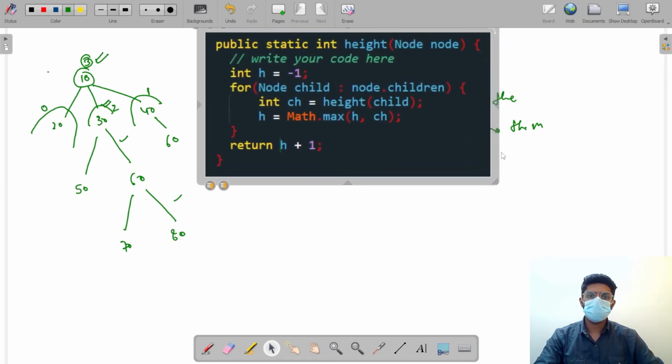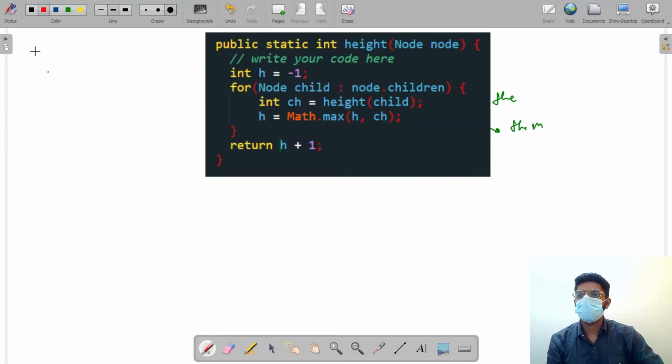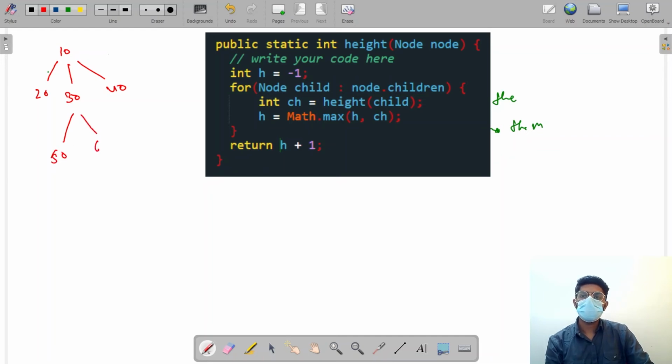Right. See, this is the tree I have. Okay, so we'll try to do, or maybe just make a new tree, right? Make a new tree. It's 10, 20, 30, 50, 60. Let's suppose that this is our tree. Firstly, the height will be initialized to -1. The call will go to the child, that is 20. So the function will again start for h equals to -1. Now 20 has no children, so this loop won't be working for 20, and it will return h plus 1,